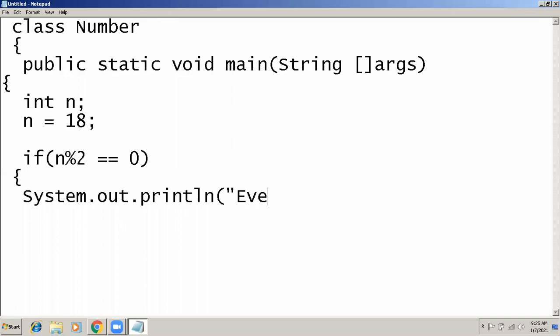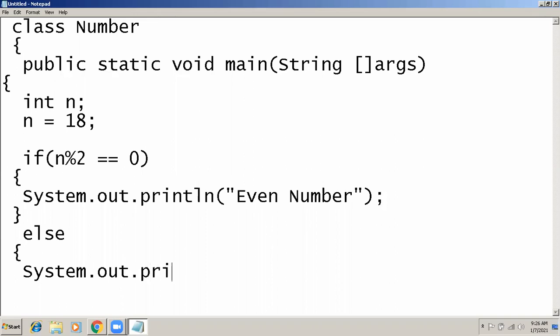So here the message will be even number. Then this else block will start. If and else are both keywords, so you have to write them in lowercase every time. And here the message will be odd number.